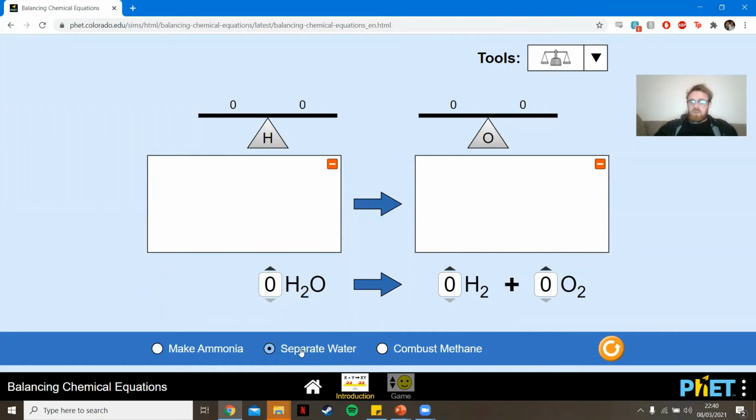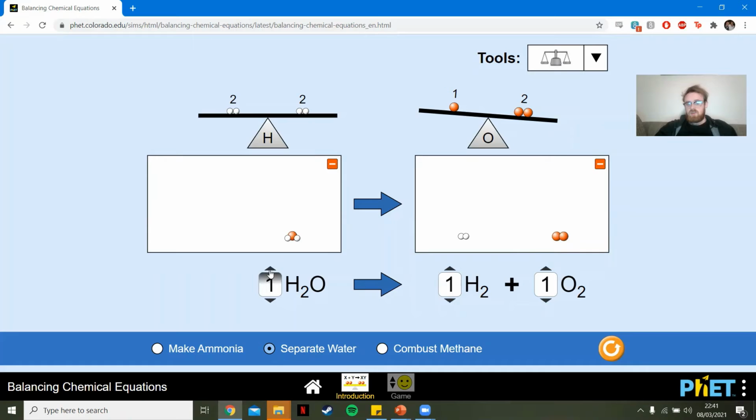Okay, let's look at another one, water. Let's give us a water molecule, which is going to break down into a hydrogen and oxygen molecule. Oh no. Hydrogens are balanced, great. We have 2 hydrogens before, 2 hydrogens afterwards, but oxygen's slightly tricky. We have 1 before and 2 after. Okay. If we end up with 2 oxygens,